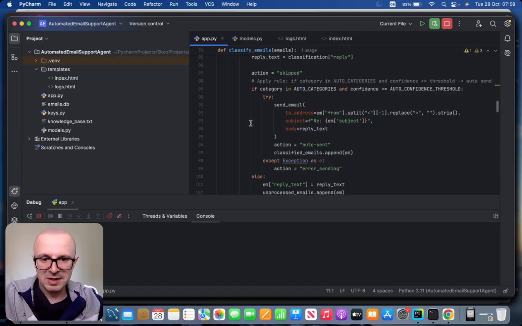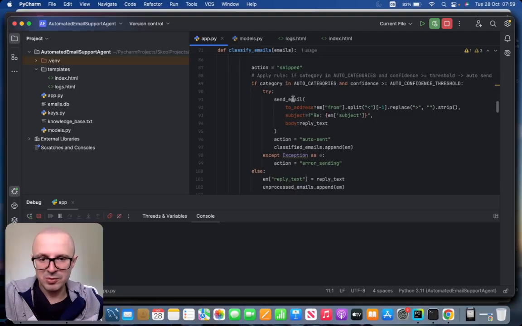And if this is the case, then we're going to send an email automatically. So we as business owners don't need to do anything, and this script is automatically going to send a reply